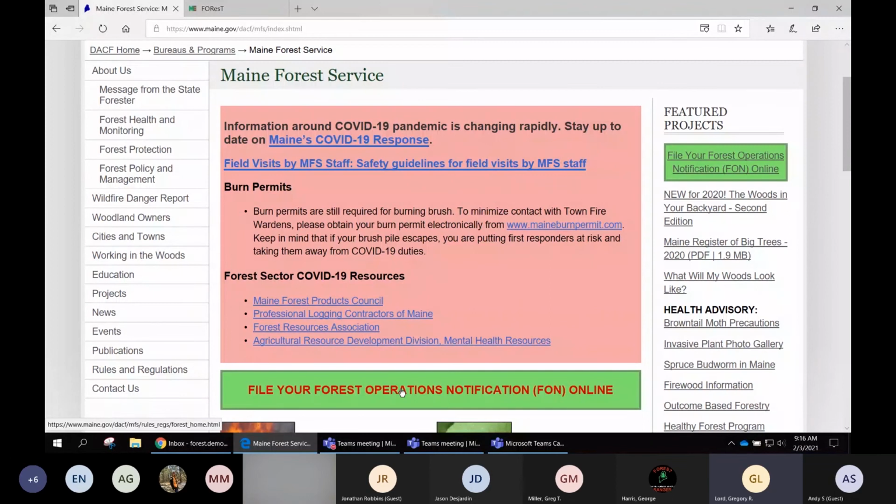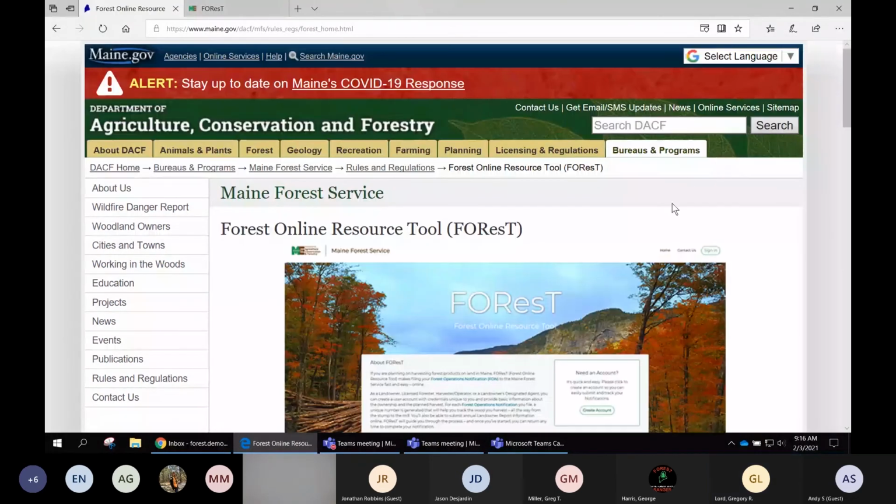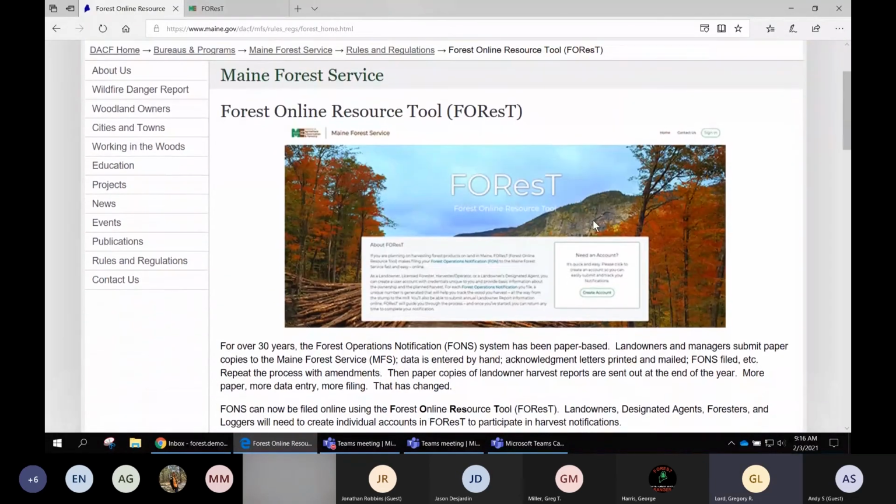So from the main Forest Service homepage, there's a couple different links here to get you to the next step to get to FOResT. There's a link sort of in the middle in the top third of the page. It's file your forest operations notification FONs online, and that same link is at the top of the right-hand column on that same page. And if you click on it, it takes you to the FOResT Online Resource Tool